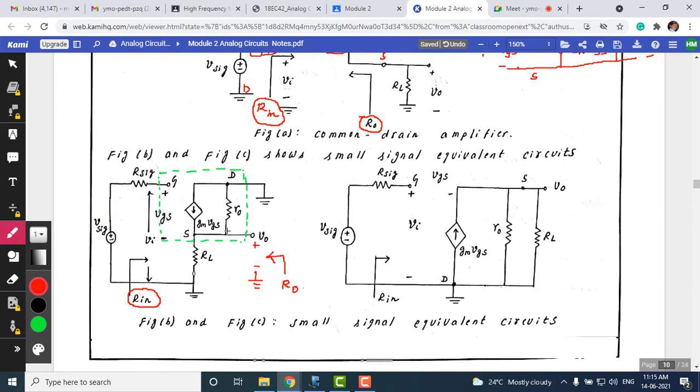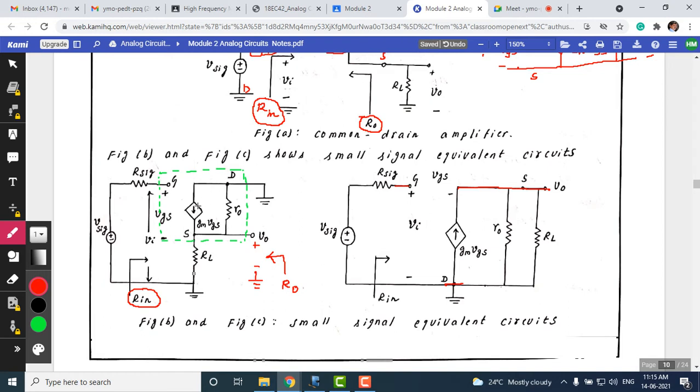Now next you are seeing the same equivalent circuit, with a small modification. What modification we have done, you can see easily here. We have denoted the source as the upper line here. Now first of all, to write an equivalent circuit, you can write the terminals of a MOSFET. This is a gate and a source, and we have a drain here. Now the source has been made at the top.